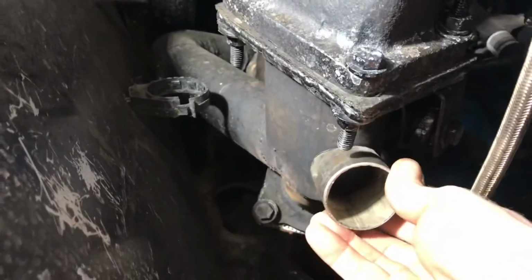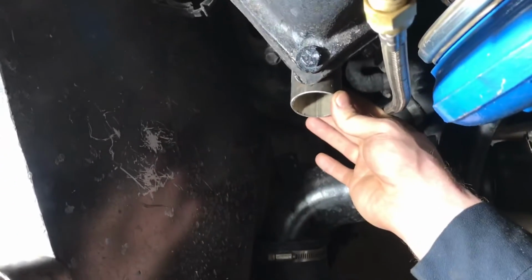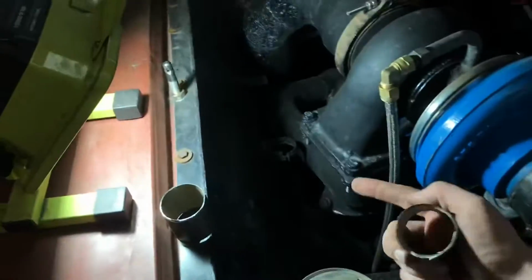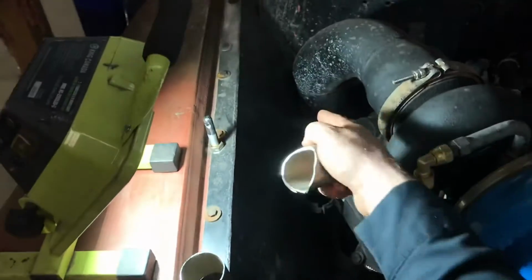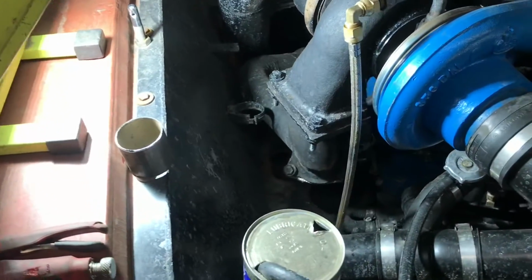So I think I'm going to come off about right here, just under this bolt, and it'll give me lots of room. And I got a pile of room between my overflow tank here and where the wastegate is going to come out anyway. And it'll give me lots of options for where the dump tube comes out, either in the fender or over into this pipe here maybe later on. So let's see how